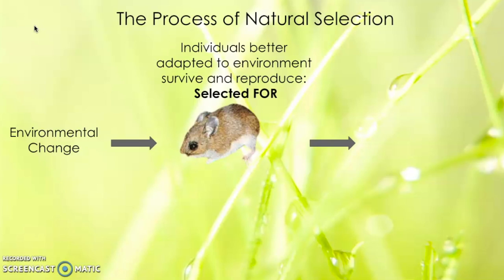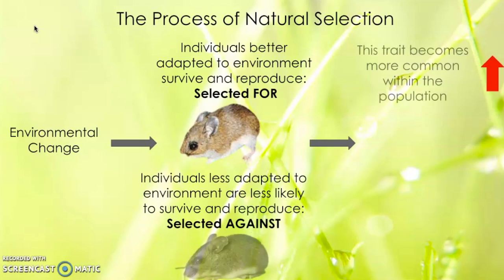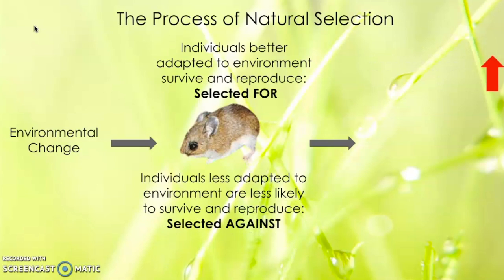So this is the trait that natural selection is, so to speak, choosing because it makes the organism better adapted to their environment and more likely to survive and pass their genes on. Natural selection also allows those individuals that are less adapted to their environment to be less likely to survive and reproduce. This means that this trait is being selected against, and this trait is less likely to be passed on